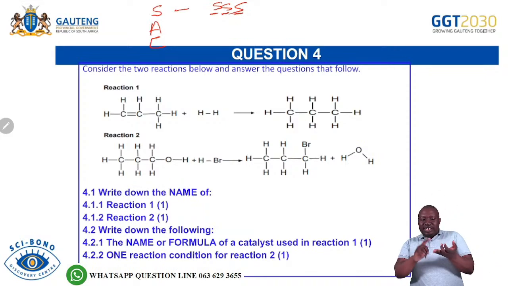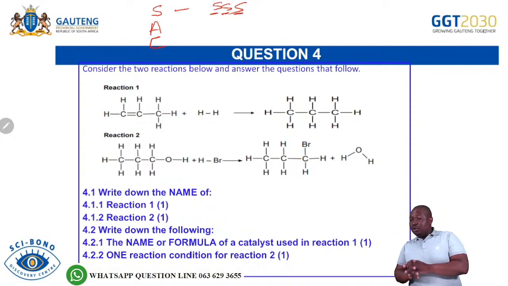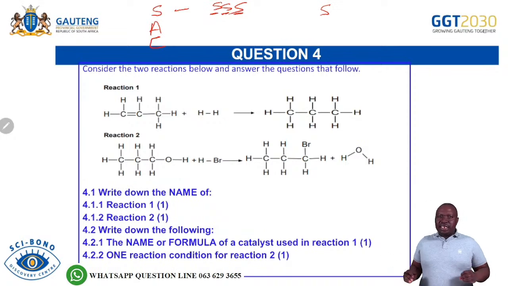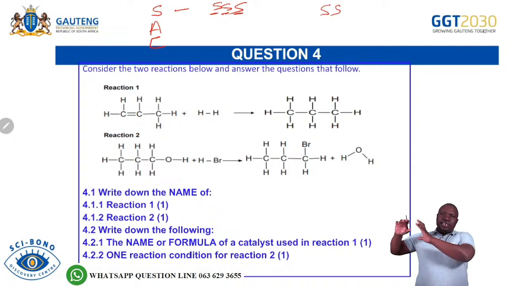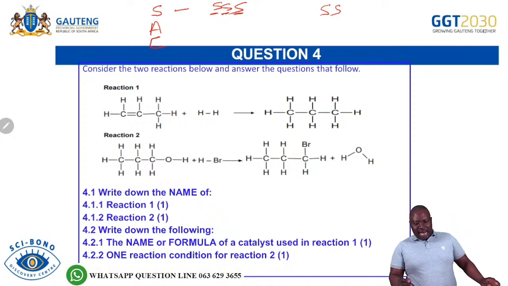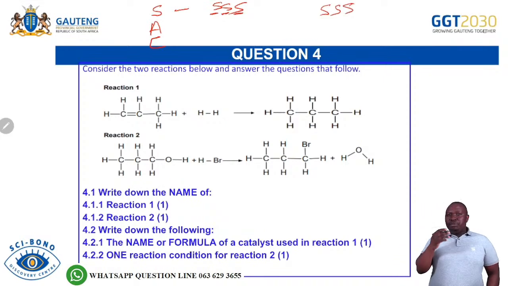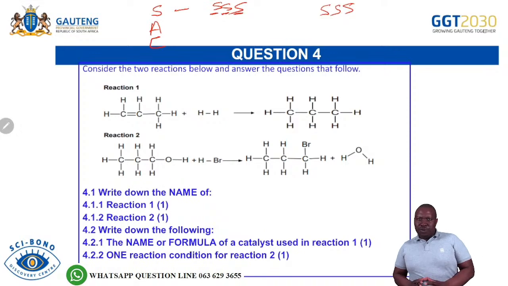It means we don't have a double bond or triple bond, which means the first thing you will look at is that in my reactants, do I have a single bond or double bond? If it's only single bond, you will write S. Then you go to the product. Say in the product or products that are formed, do we have single bonds or double bonds? If you still have single bonds, you say, I have only single bonds between carbons. In the reactant, only single bonds between carbons. In the product, that must be substitution.